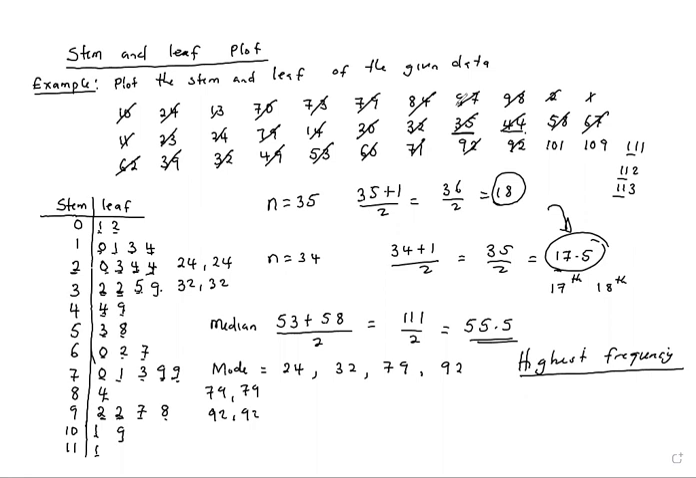Okay, I want us to move on. So I'll give you an example with few entries so that I can demonstrate. Construct the stem and leaf plot for 1, 3, 7, 10, 12, 17,